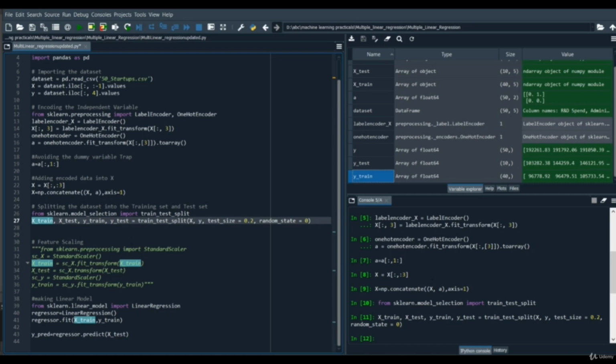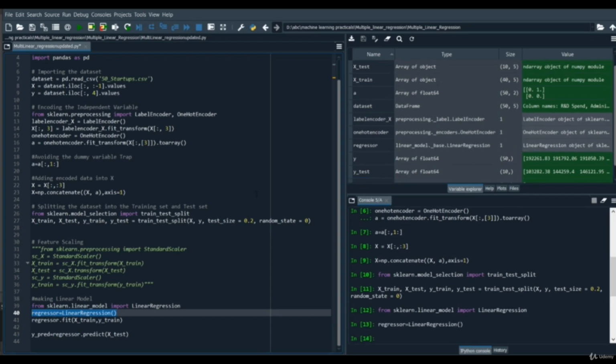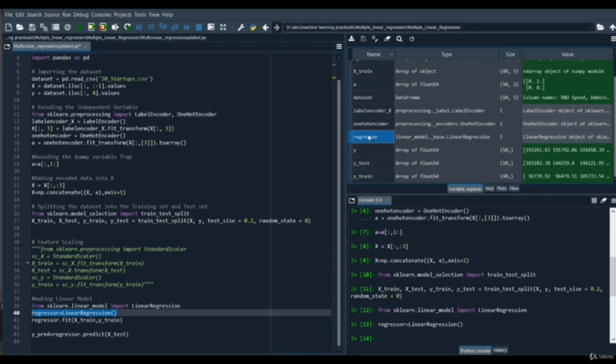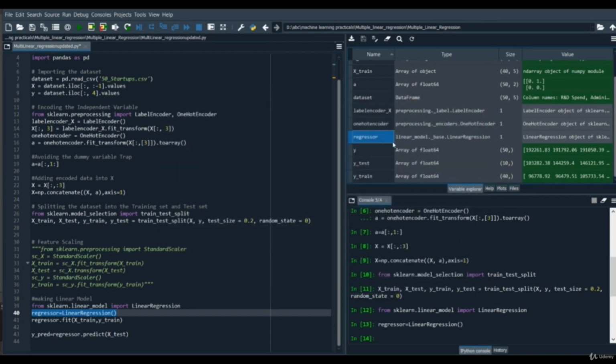So it's the same as before. We are going to import the LinearRegression class from the linear_model package of sklearn. So let's import it first. After that we are going to create an object. Let's call it regressor, of the LinearRegression class. As you can see, it's going to create an object regressor, which is a linear regression model.